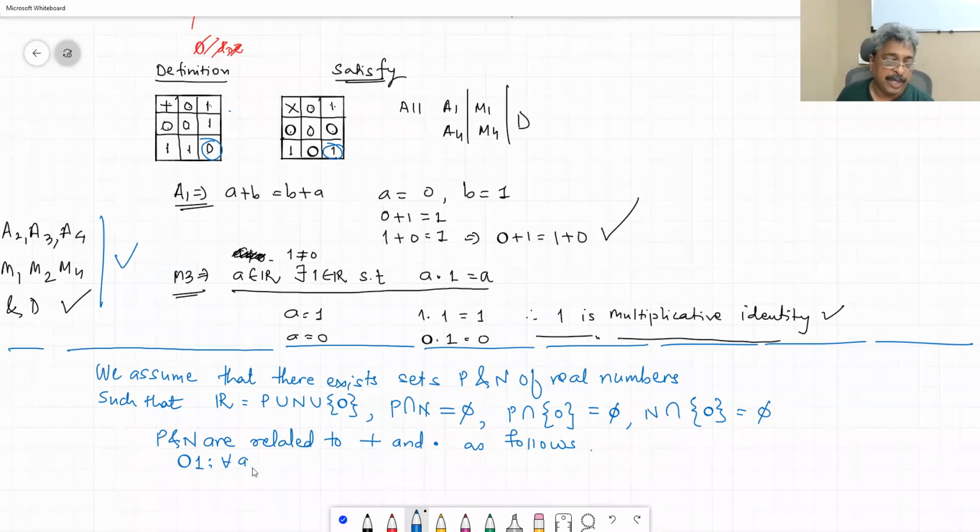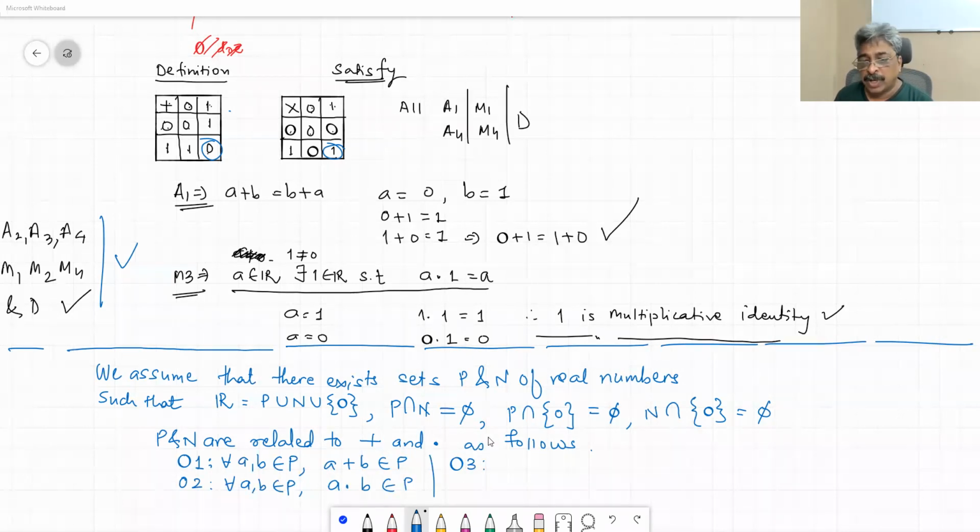O1: for every A, B belonging to P, A plus B belongs to P. O2: for every A, B belonging to P, A into B belongs to P. And O3